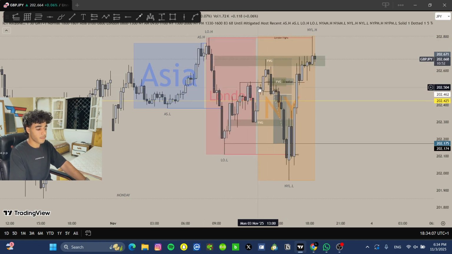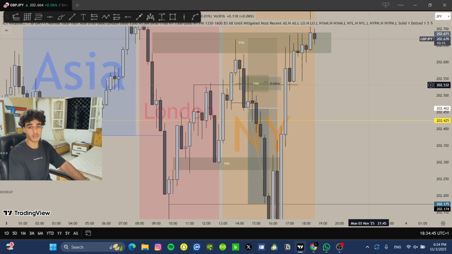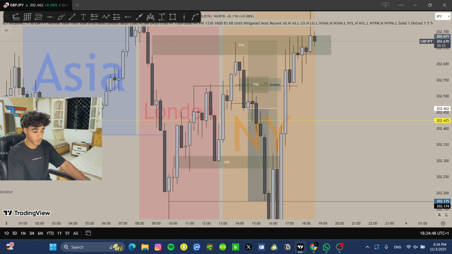That's true, but at the start of New York session, those are the buy side liquidity, the nearest buy side liquidity to the price action right there, and this is the 15-minute fair value gap, and this is a 15-minute fair value gap as well. So I set in my alarm, once price gets hit, I'm gonna start looking at the chart. So I think at 2 p.m., when I was at school, we went up, we took out that buy side liquidity, we filled up this fair value gap and this fair value gap as well, and with that I waited for a 15-minute break of structure, so I could confirm my bias to the continuation to the downside.